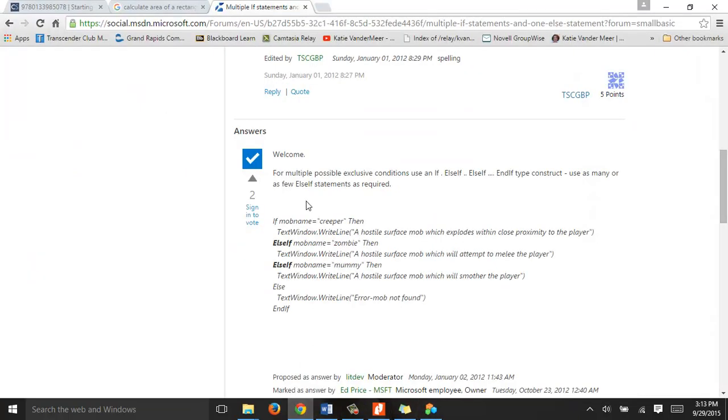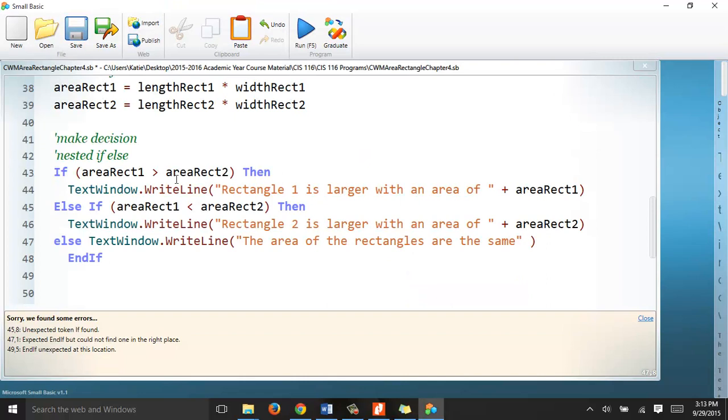When all else fails, Google, and this is what it told me. Else if is one word. So we're going to combine else if. And then the other thing too is that the else has to be on a separate line. So looking back at our code, if then keyword, else if one word. So take that space out, and when you